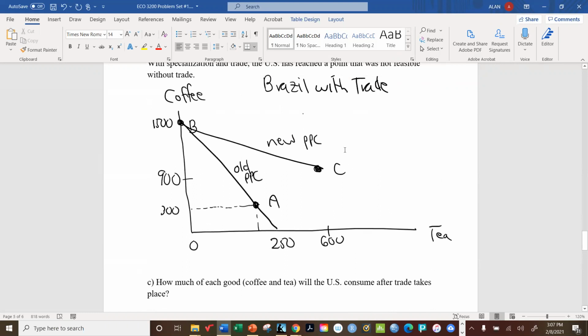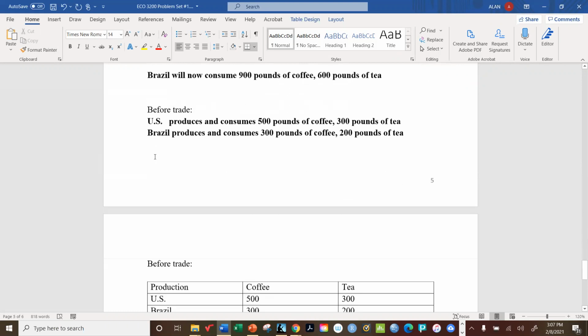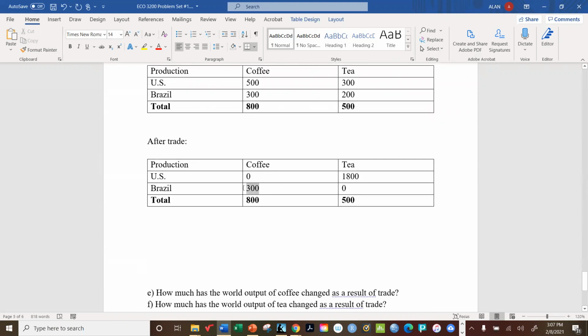And they ended up with 1,500 pounds of coffee. So you can see all of a sudden, between the two countries, we have 1,500 pounds of coffee and 1,800 pounds of tea. So world output, which is the next question,